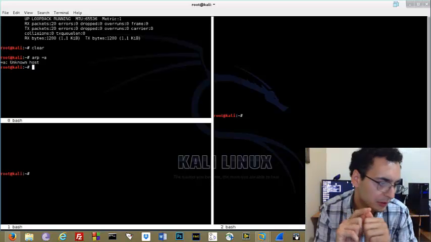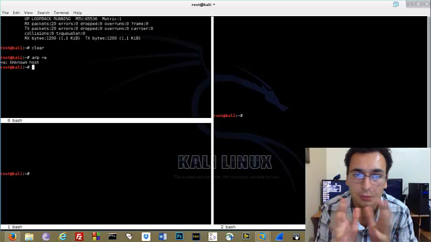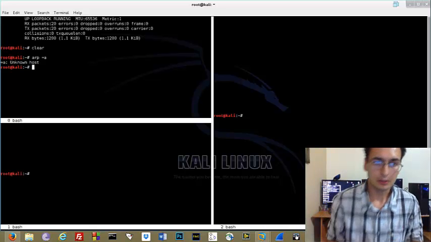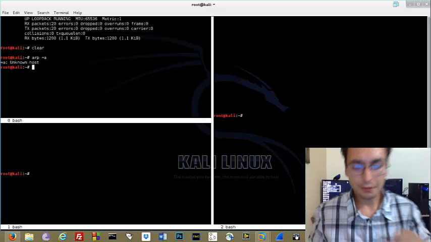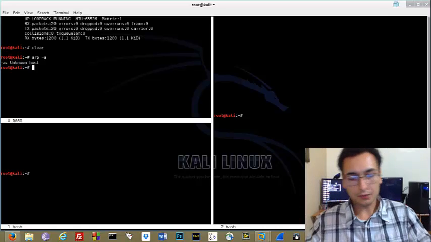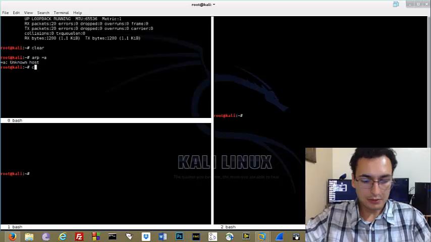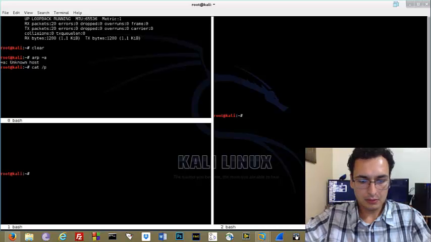The first thing we need to do is put the computer into IP forward mode. In Linux it comes by default with it turned off. And I can show you how it's turned off just by doing a cat, for category, proc, sys,